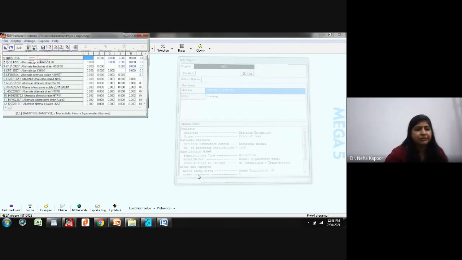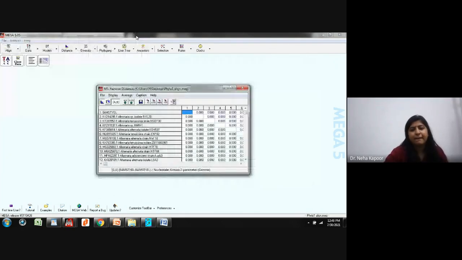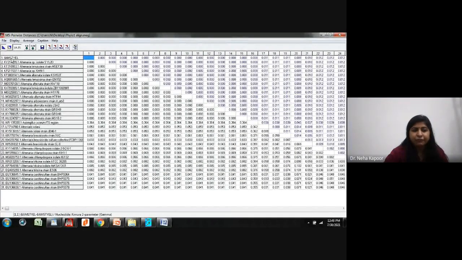This is the matrix. See, here ATMSTYL is first, and here only numbers are shown. If you want, you can change here also. These are the distances actually. See, ATMSTYL, the distance from the first one is blank. Then it is the distance from this one.